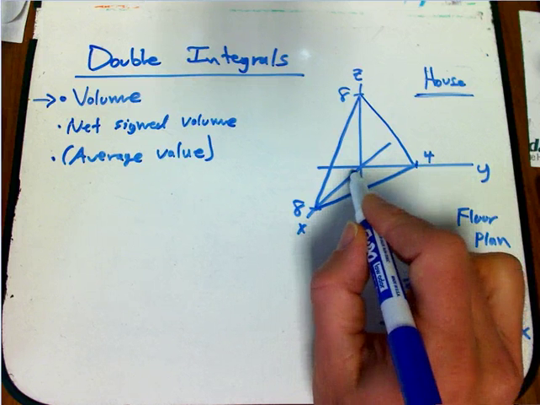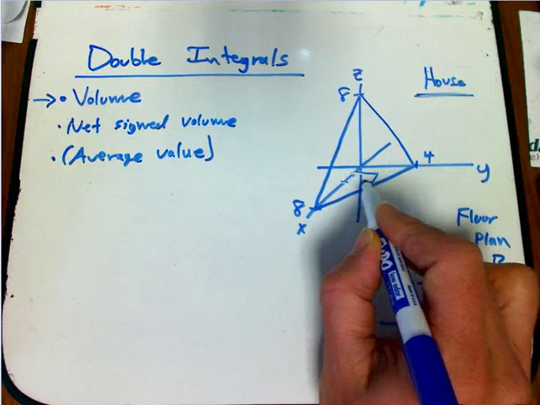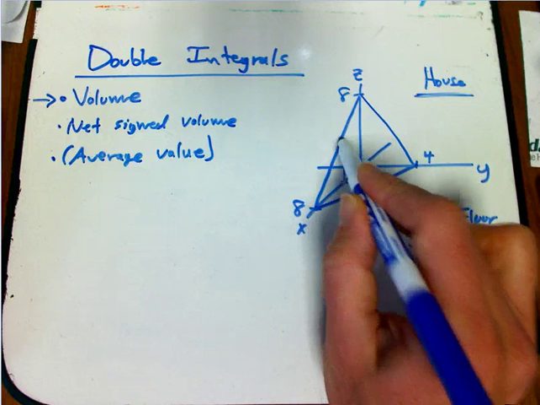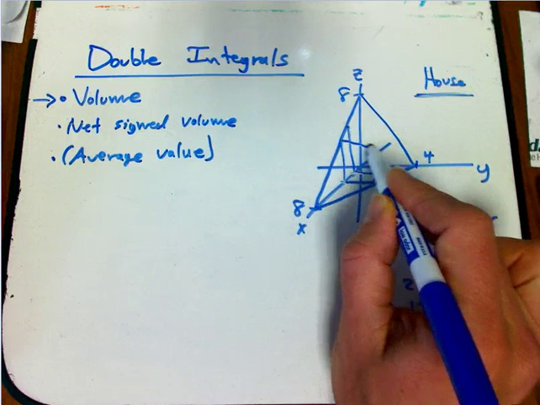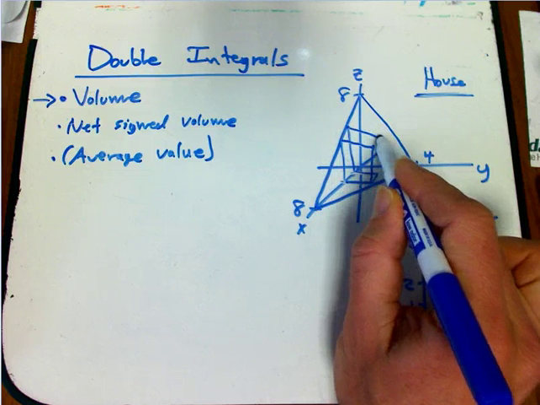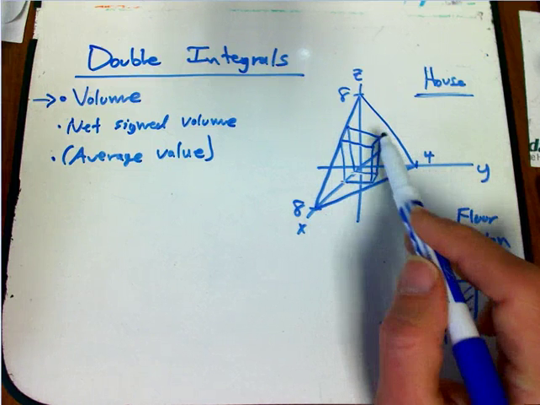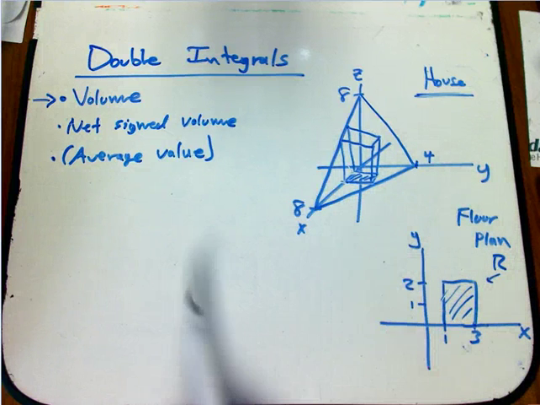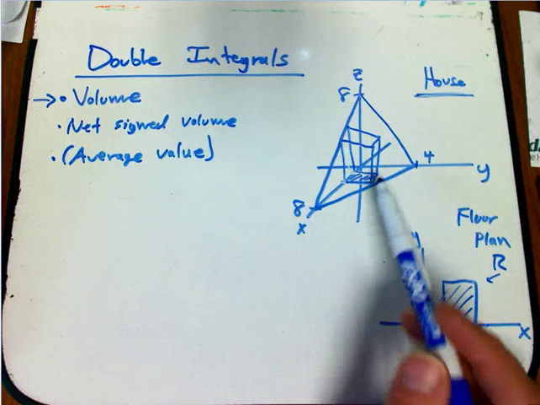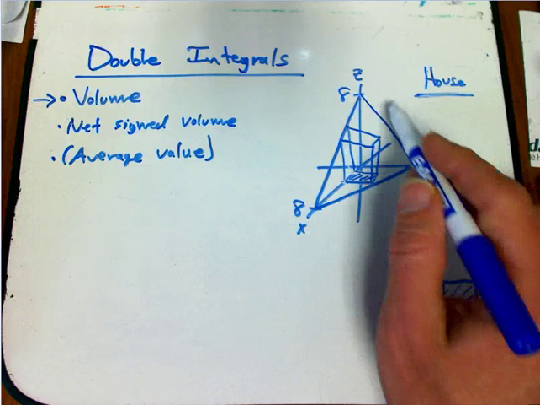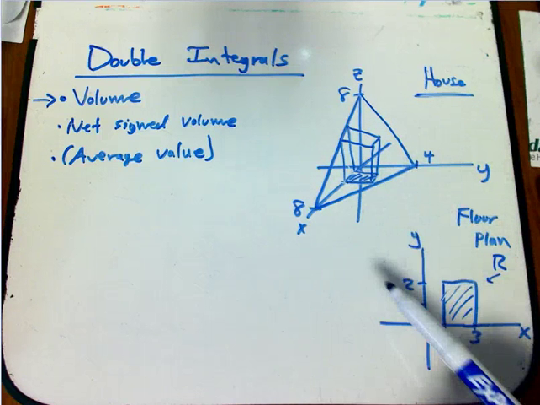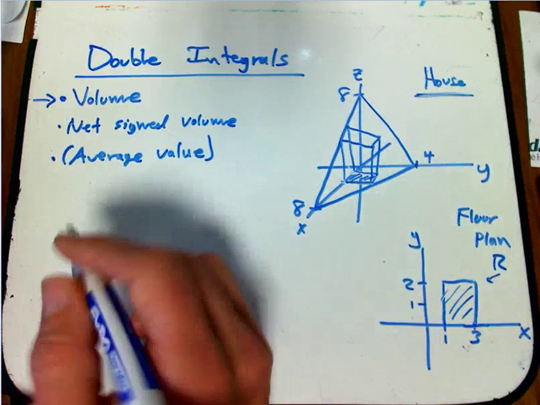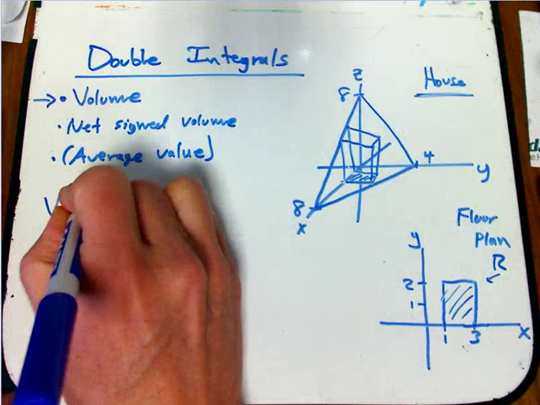And so let me draw that here. That's going to be kind of like this. And so it's going to be a house with this slanted roof and everything up here. So it's got a slanted tilty roof and a rectangular floor plan. And so it's kind of a box with just a slanted top. And the simplest interpretation of integrating this function that I've graphed here, and I'll show you the formula in a minute, over this region is the volume of that thing. Okay, so that's going to be the volume of the house,